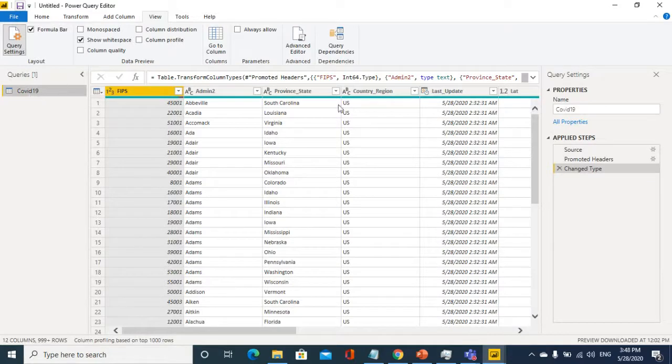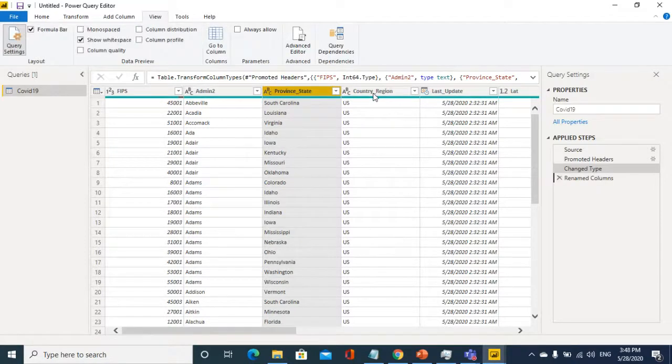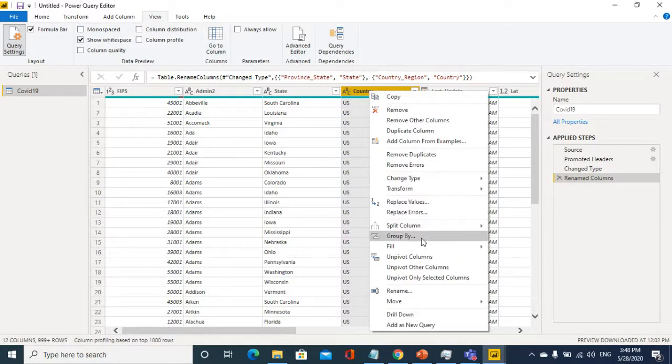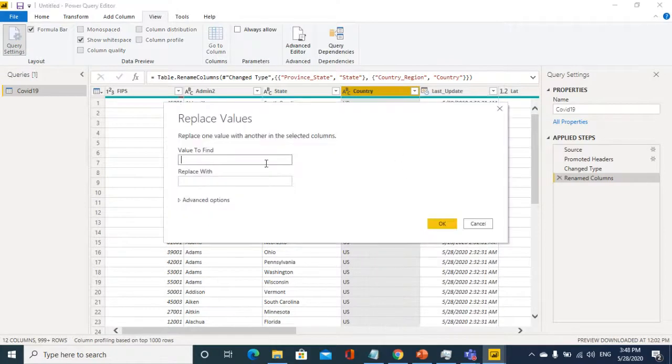Let's first perform the actions on this one. Rename state as state, country as country, and transform these column values just to United States.